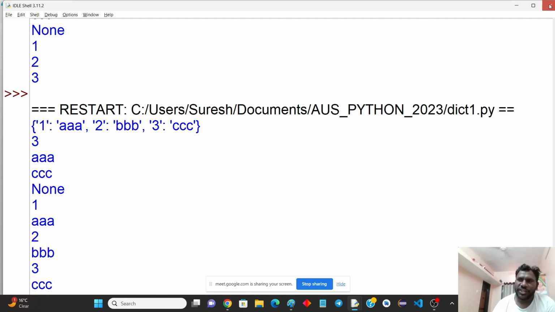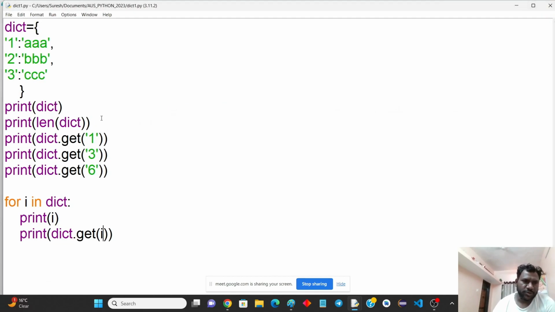Even we can change the dictionaries. It is also possible to change the dictionaries. Suppose suddenly we realize that the key 3 should not hold the value triple C, and there is something else, triple D, we want to make. At that time, you can simply update the dictionary. For that, what you have to do,